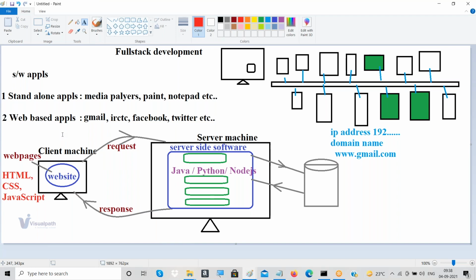Got it, right? Then you may have a doubt: why three technologies? Definitely three, because the purpose, or the role, of each technology is different in the designing of a web page. So what exactly is the difference? What are the things we are going to learn as part of HTML? What exactly will CSS do? What exactly will JavaScript do? Got it, right? But before getting into that, I would like to talk a little about the word full